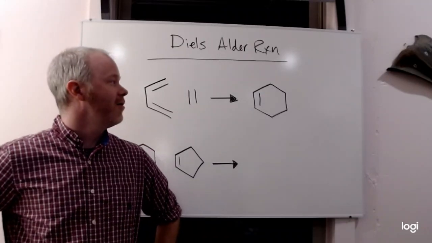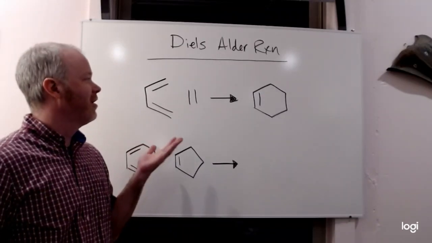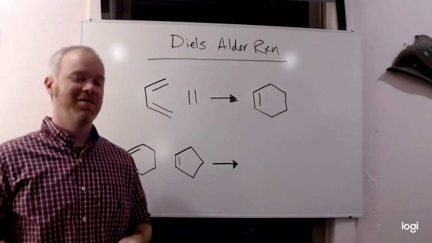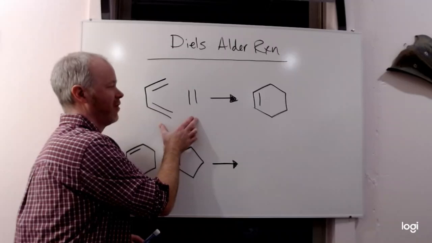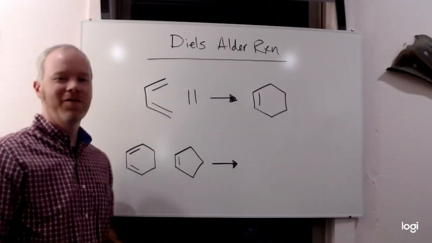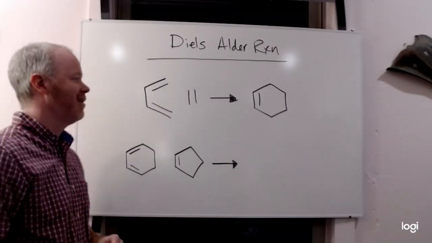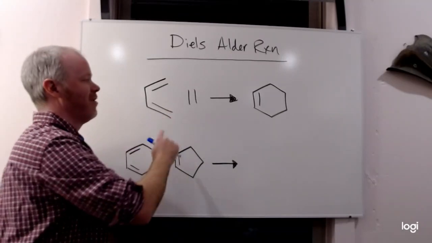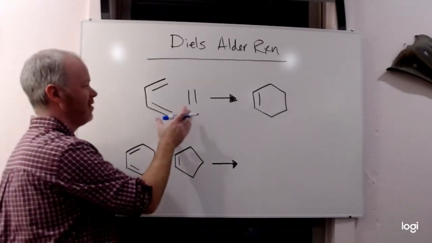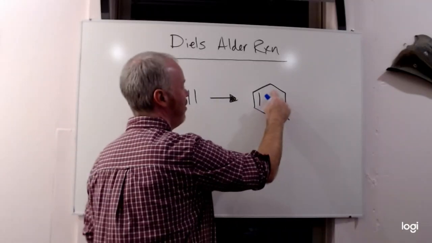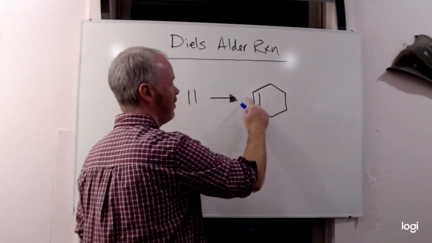Hello. So this is the Diels Alder reaction. It's one of my favorites. It has sort of a fun arrow pushing mechanism. And the simplest version of it, and always the first example that we're going to see, is just the least number of carbons just making a six-membered ring. So no matter what the Diels Alder reaction is, though, we're always making this six-membered ring with at least one